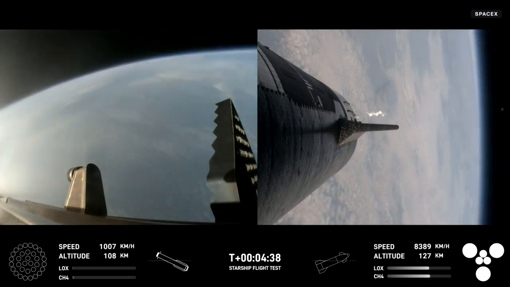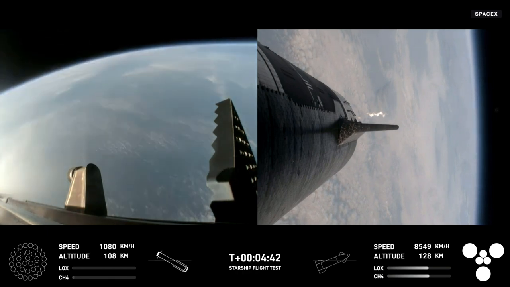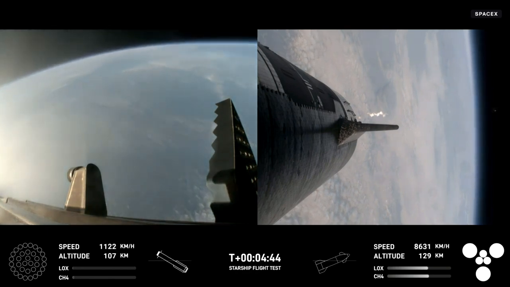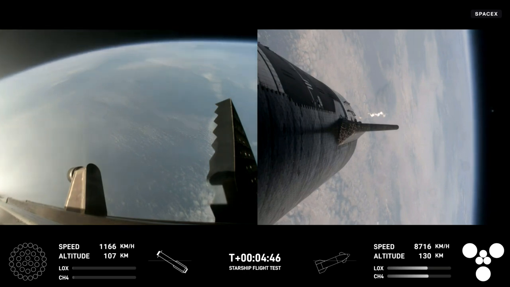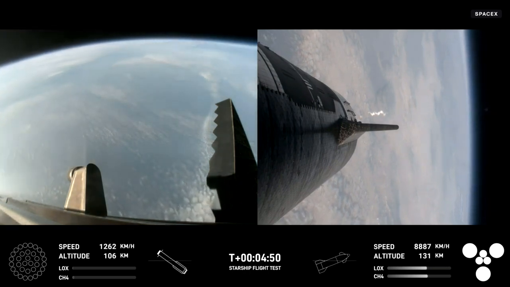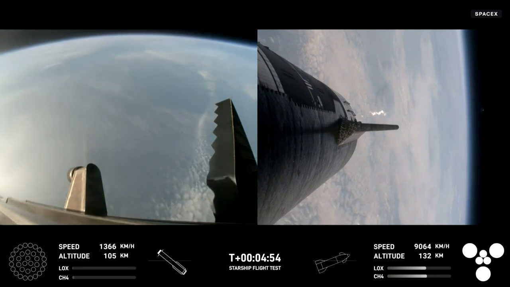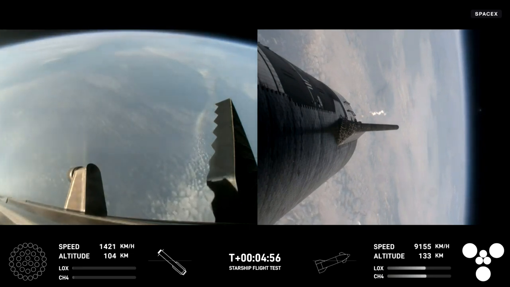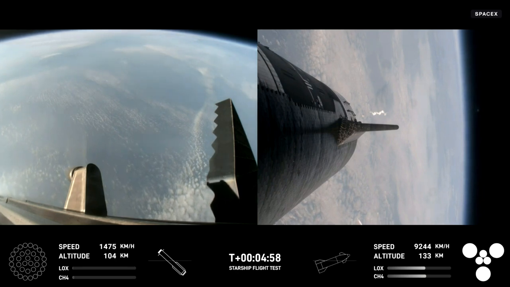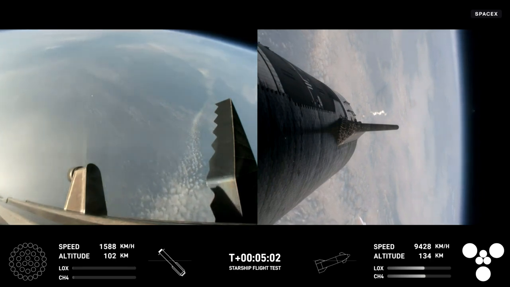Now, after we jettison that hot stage, the booster will begin to attempt its water landing in the Gulf. In the meantime, the ship will coast for about 40 minutes or so up to an altitude of 214 kilometers. And after its coast phase, it will attempt a controlled reentry, including a flip maneuver and a landing burn just before splashing down in the Indian Ocean. But as a reminder, we are not attempting...